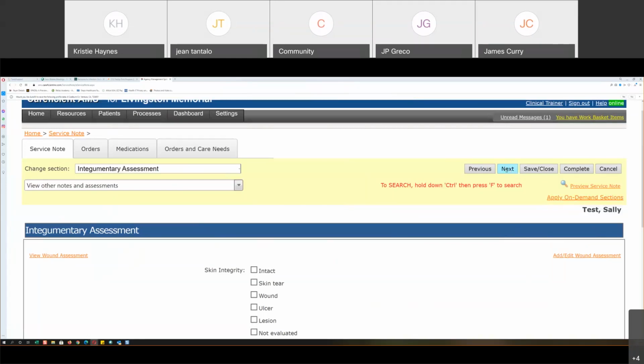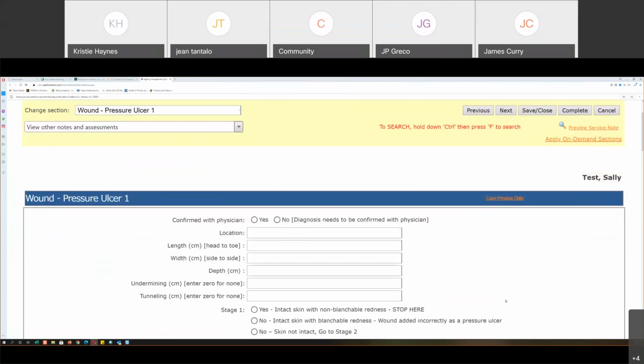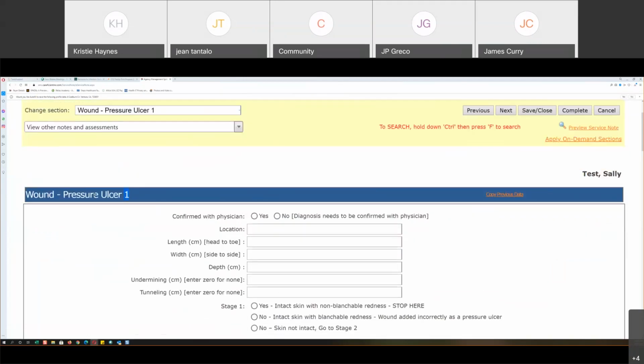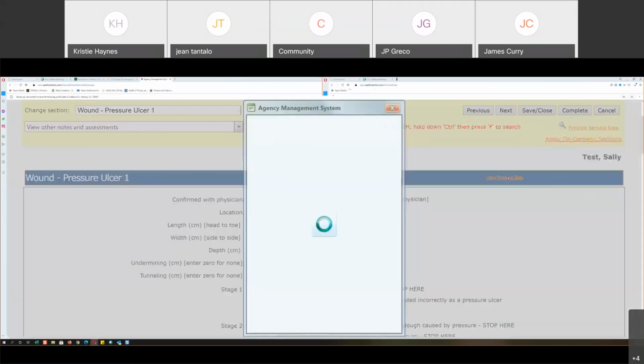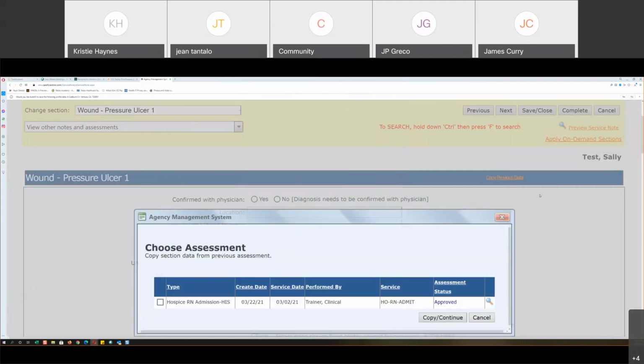Okay, so then we're just going to click Next. When we go next, this is going to bring up our wound. So this is the wound pressure ulcer number 1 that was added on admission. It automatically put the Apply on Demand section here. Now we're just going to copy previous data forward. So we're going to click on that, and it's going to bring up,